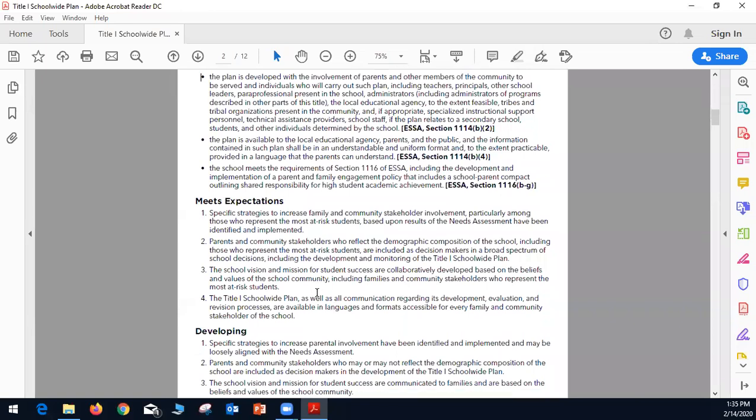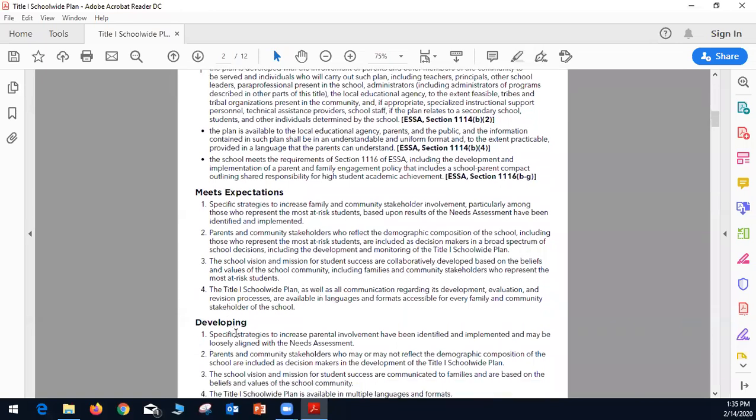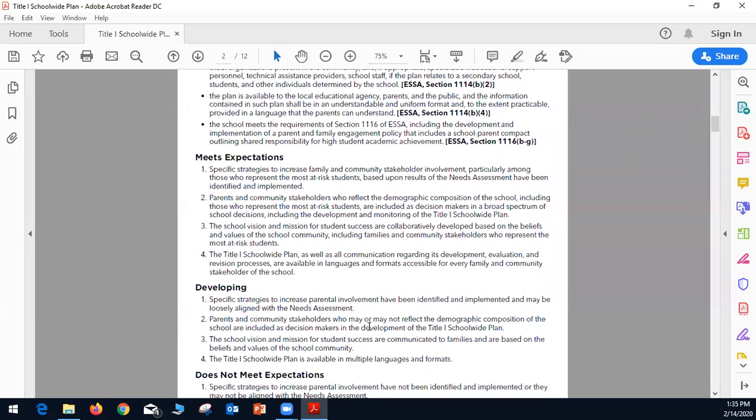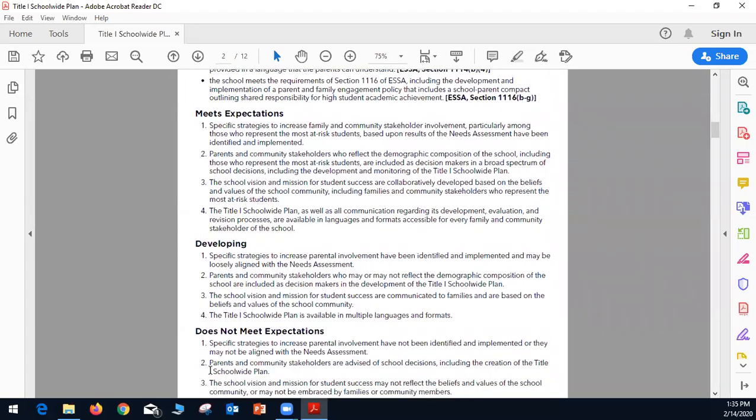If you want to go to the developing stage to compare and see where you are, a plan under development will have specific strategies to increase parent involvement that have been identified and implemented and may be somehow aligned with the needs assessment. If the plan doesn't meet expectations, then the specific strategies to increase parent involvement have not been identified and implemented, or they may not align with the needs assessment.